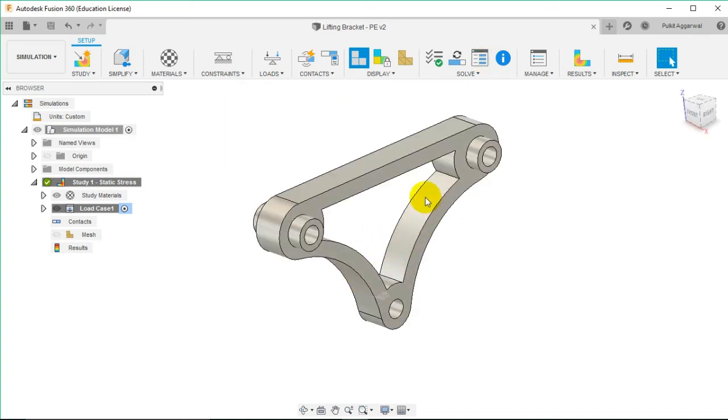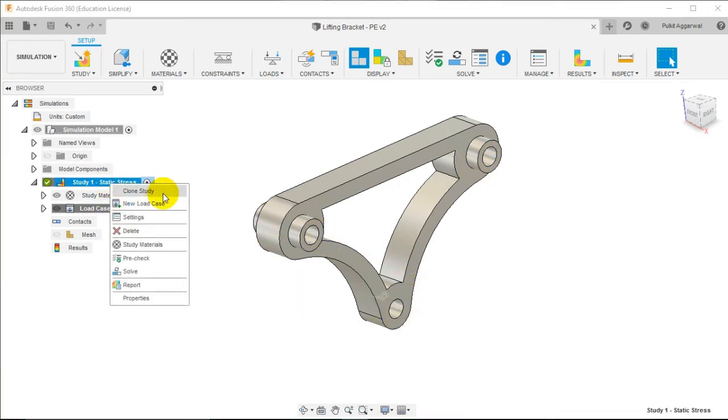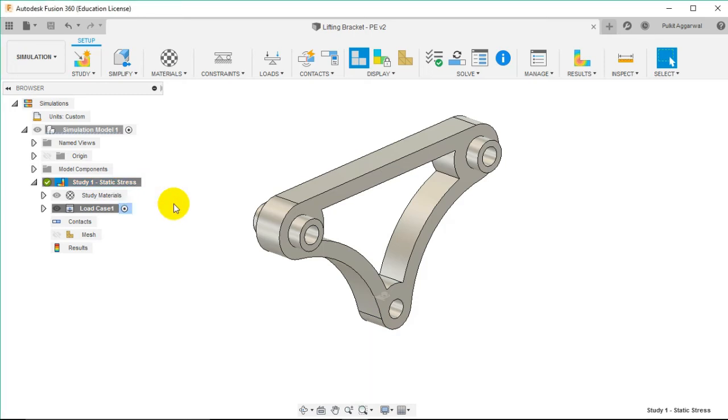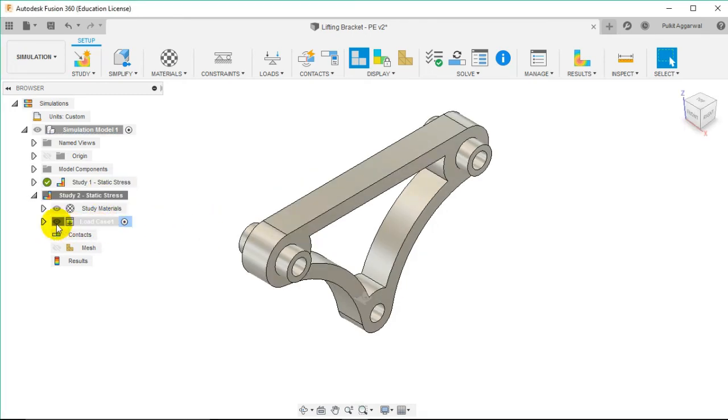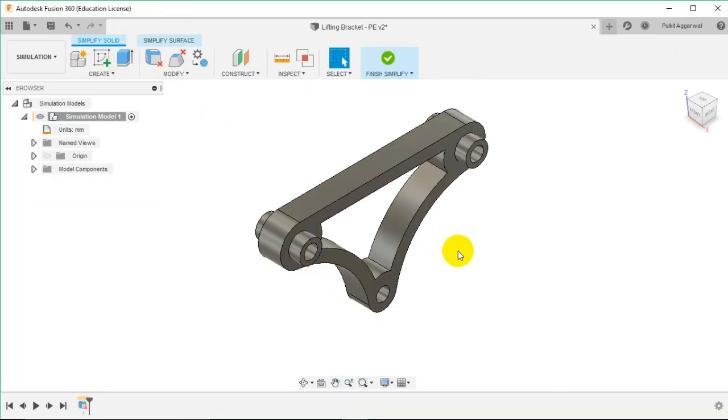Now if we want to make any changes to our body in the workpiece but make the loads and constraints remain the same, we can simply clone a study. So click on clone study. Now we can see that the load cases remain unchanged in this clone study. So here we can simply go to simplify,